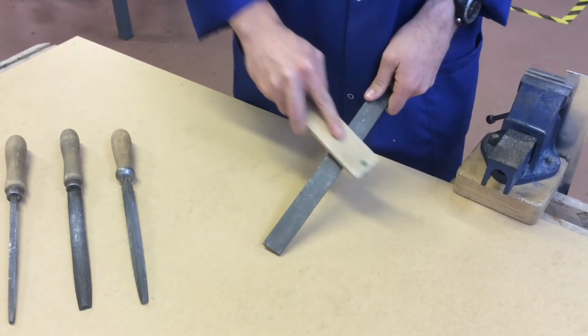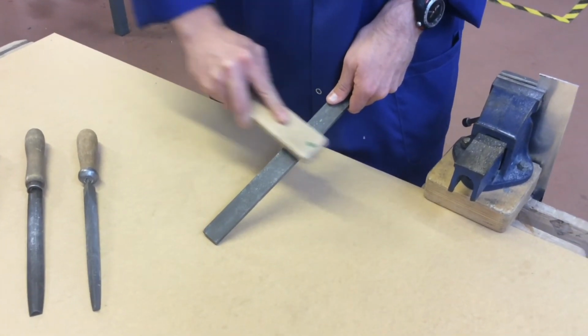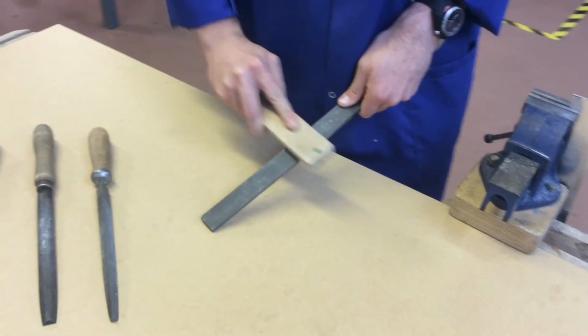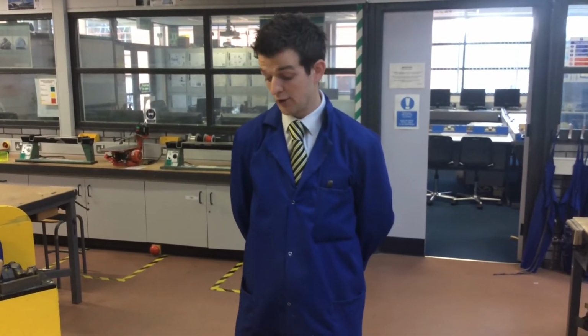What that will do then is unclog it, leaving it ready for the next person whenever they come to use it. And you can see that's removed most of the swarf that was in place. Please tune in again to the rest of our YouTube clips to learn other tools that we use in the